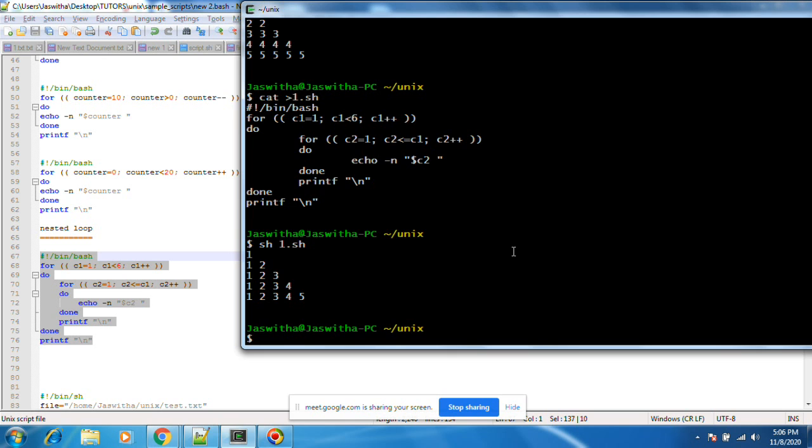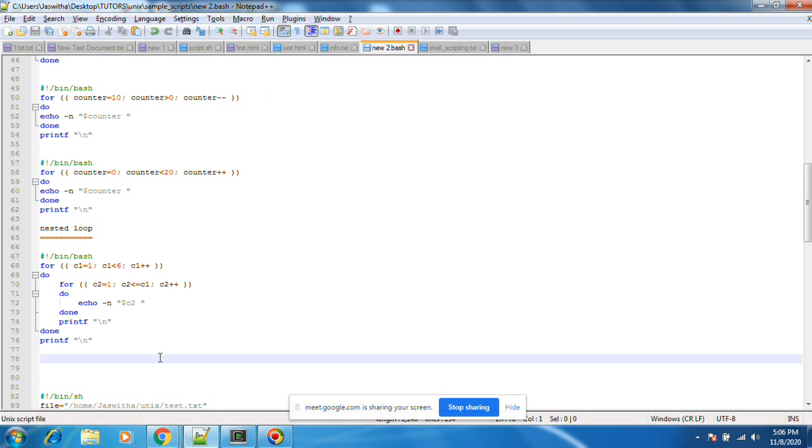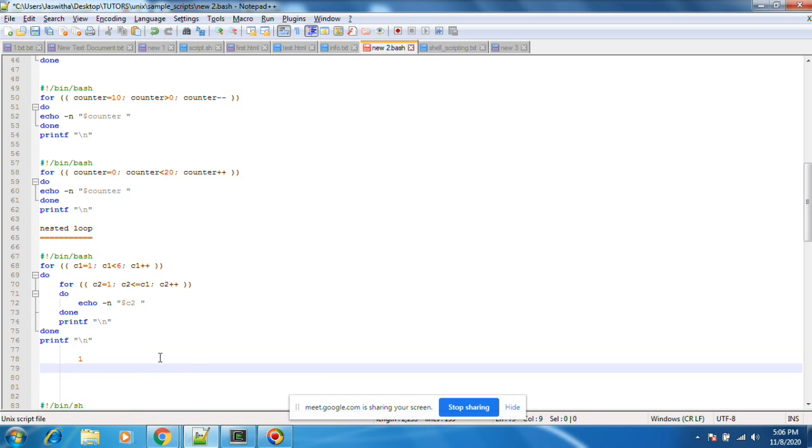You can print a triangle this way also. Just give some space. 1. Again, just a space, 1, 2.